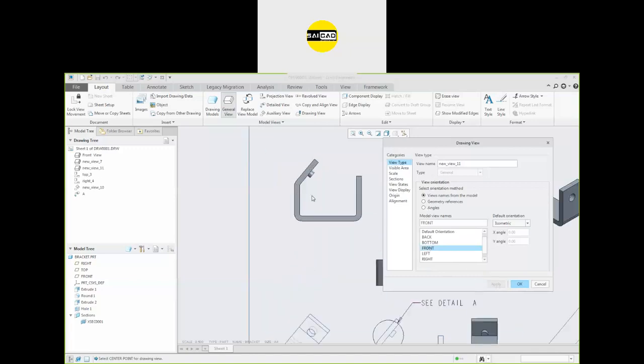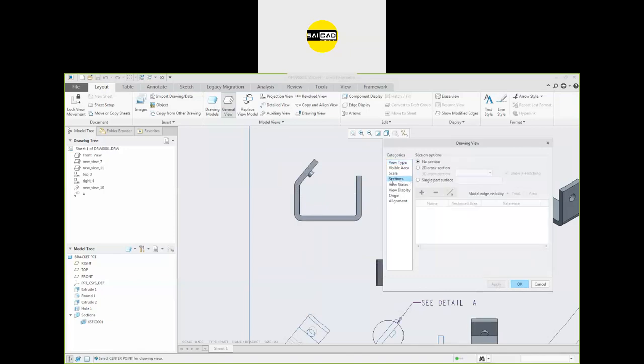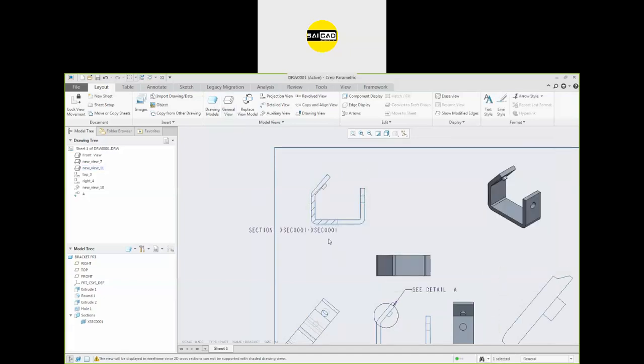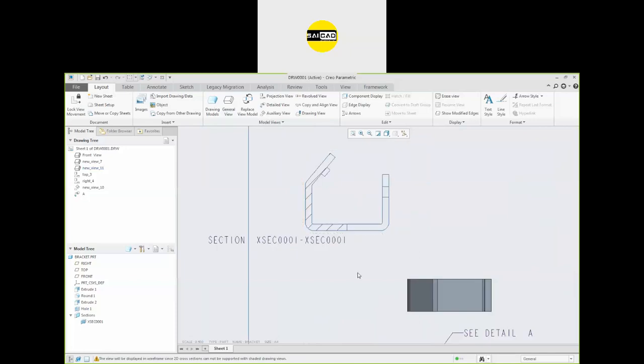So to insert the section in this view, now go to the section. We have the section option here. Which section you need? I want a 2D cross section. Now go to this plus. It will add the section, and you can see we have a section here that we have created in the model. So click apply, click OK, and here is the section for that.